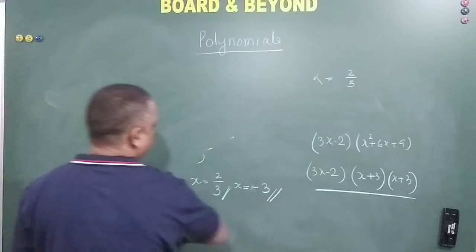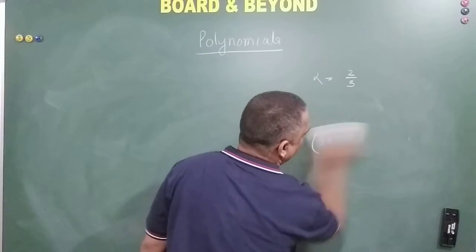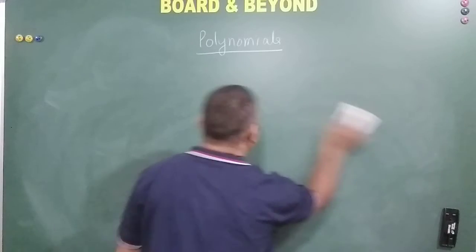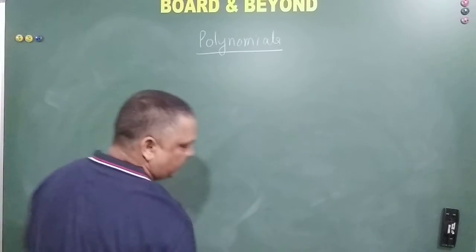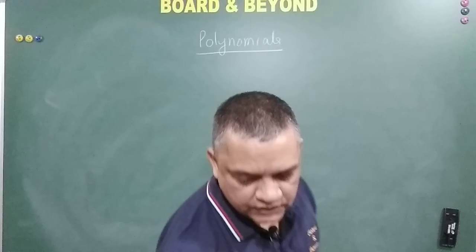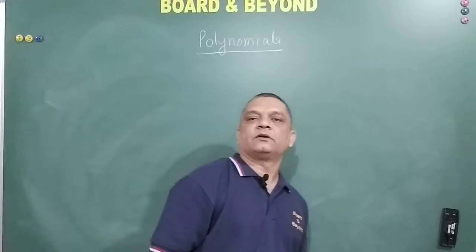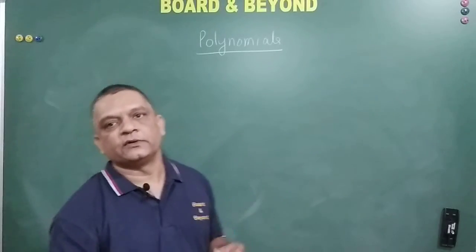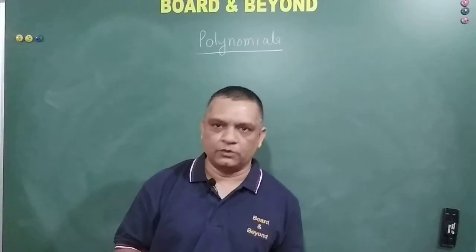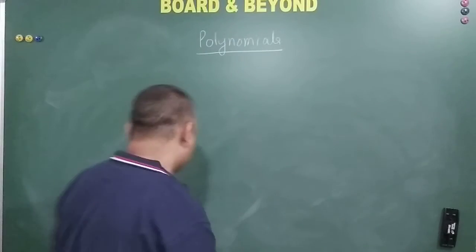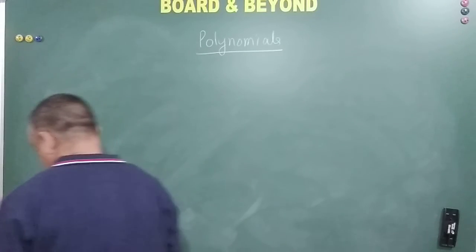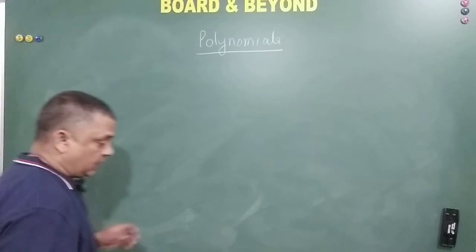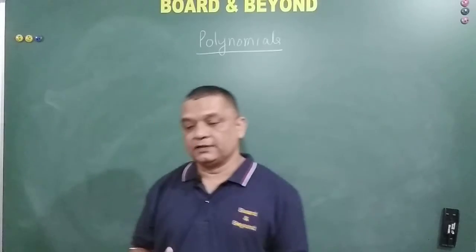We will not go on to establish or justify the relation between the coefficients and the roots here, because till now we have not done that derivation for a cubic polynomial. So we don't know as of now what alpha plus beta plus gamma is equal to. So we'll stop here. Now coming on to a word problem, I have actually formulated this problem.